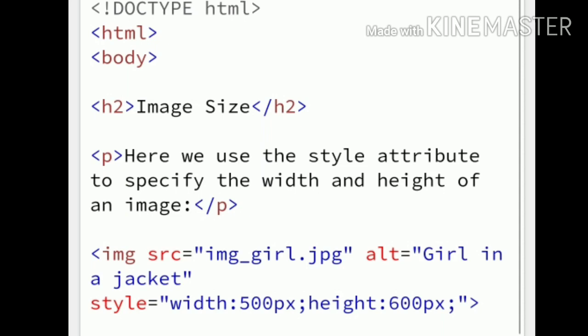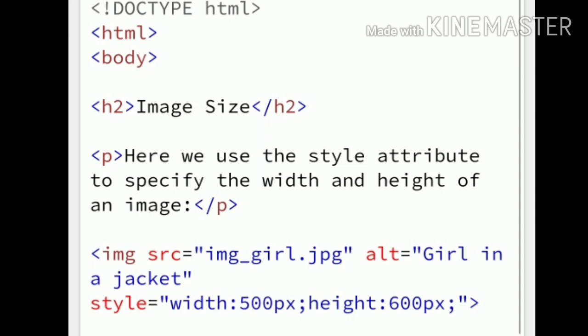You can go for another simple example. See this program, another example of this image tag. Example program for the image tag: open the HTML tag, open the body tag, then open the paragraph p tag.